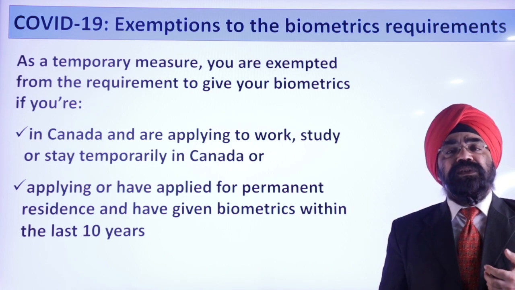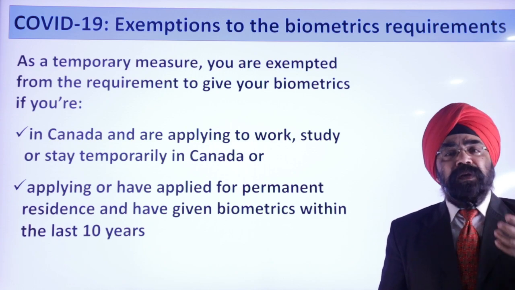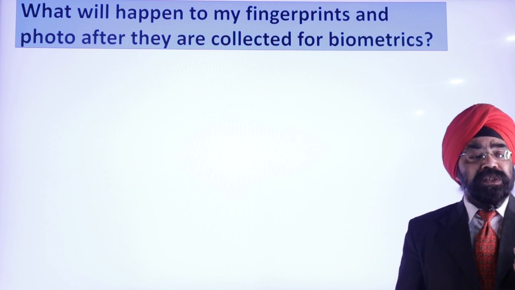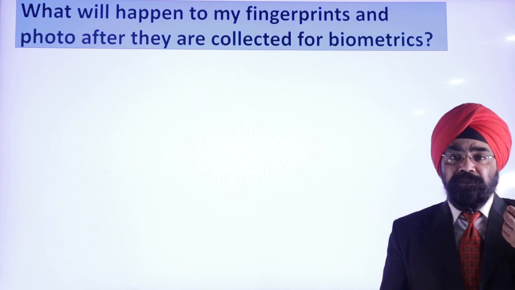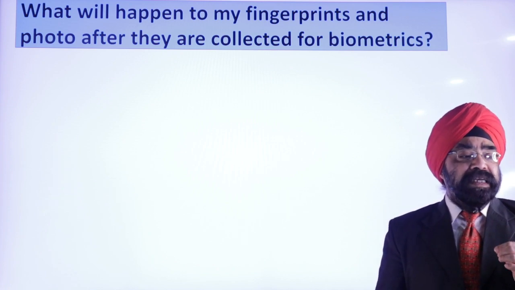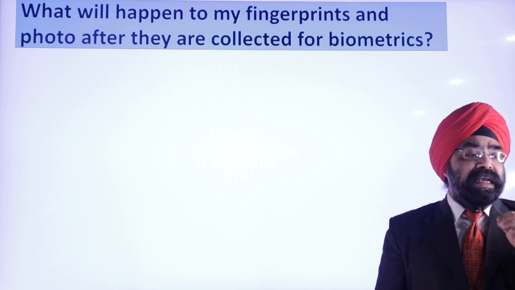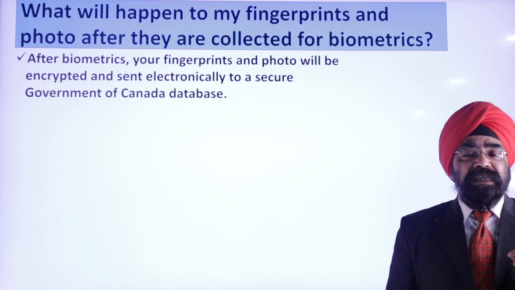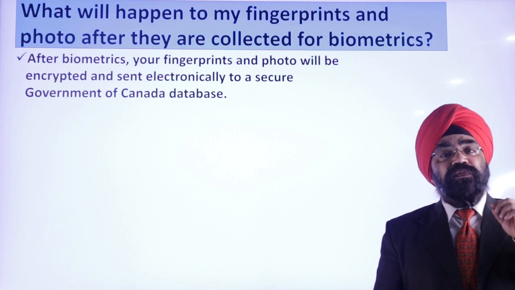Now that you know the exemptions, now that you know what biometrics is and its purpose, let us look at what will happen to your biometrics. They collected your fingerprints, they collected your photo, right? What will happen to that? So what happens is that your photo and your fingerprints are first encrypted, and this encrypted data is then electronically sent to Canada's government database, and at that time the RCMP will check your fingerprints